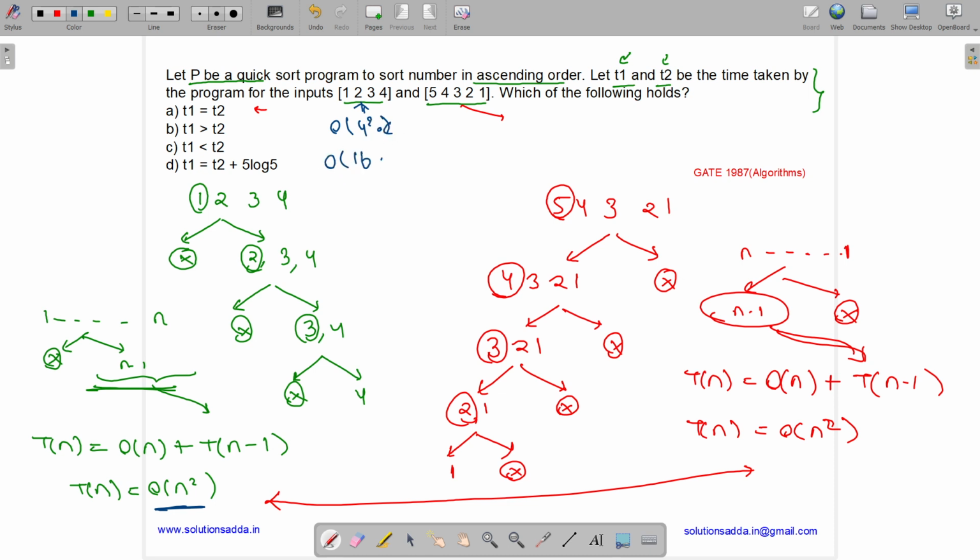So order of 16c. And what happens for this? Here it's 4 length and here it's 5 length. Although it is also n square, it will be order of 5 square c, so it will be order of 25c. So this 4 element input will take less time than this 5 element input. So option C will be true over here. If it was asymptotic complexity, then option A was true, but as it is the normal time taken, option C is true.